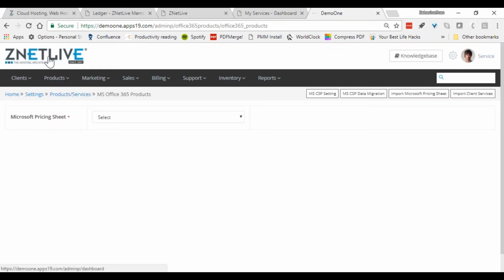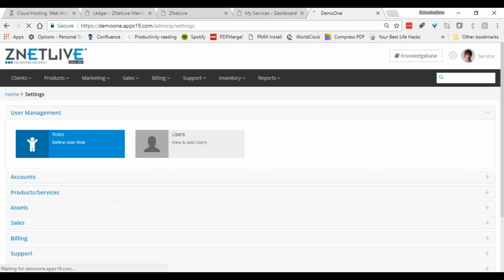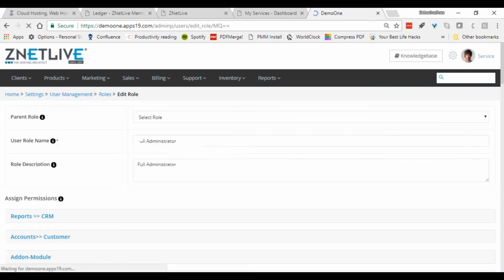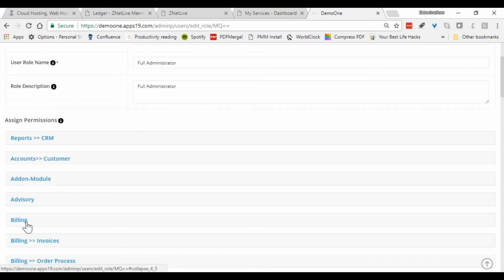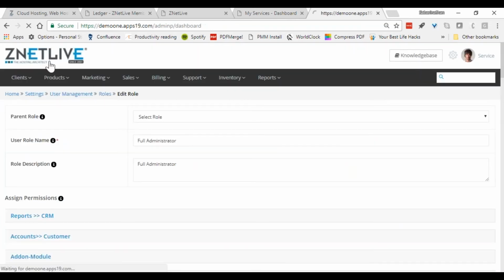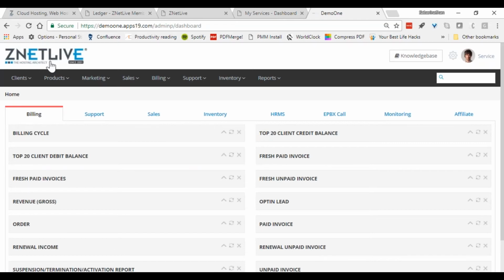So to wrap up what we have looked at, all of these functions are role-based, which means you define controls within your organization who is able to get the access for appropriate functions, etc. For example, from billing standpoint, you can define some people cannot be allowed to have discounts. Some people will be able to have and send emails, etc. So you can define functions. Tons of features available, so you can go through that at leisure.